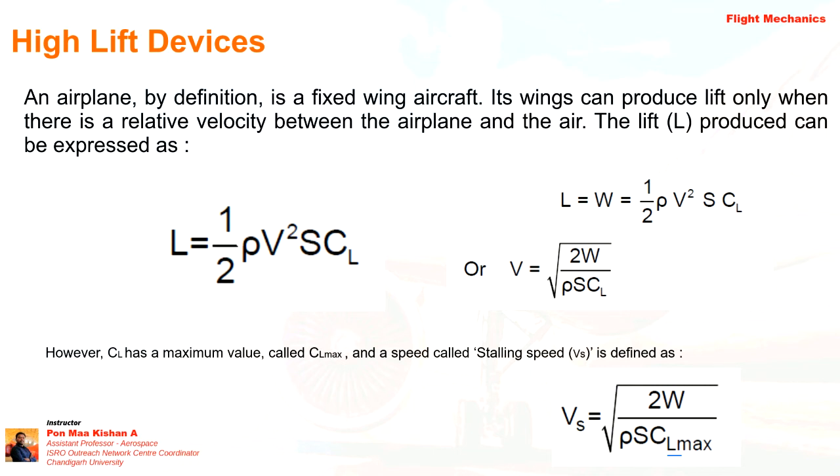If we are generating more lift than CL max, then the aircraft will enter into the stalling position, right? That particular speed, the corresponding velocity, is called the stalling velocity, and the corresponding angle of attack is called the stall angle. I hope you remember your principal CL versus alpha graph, right? The graph rises linearly for angles of attack up to 15 degrees. After 15 degrees, the CL will start to decrease, right? So let's see in the next slide.